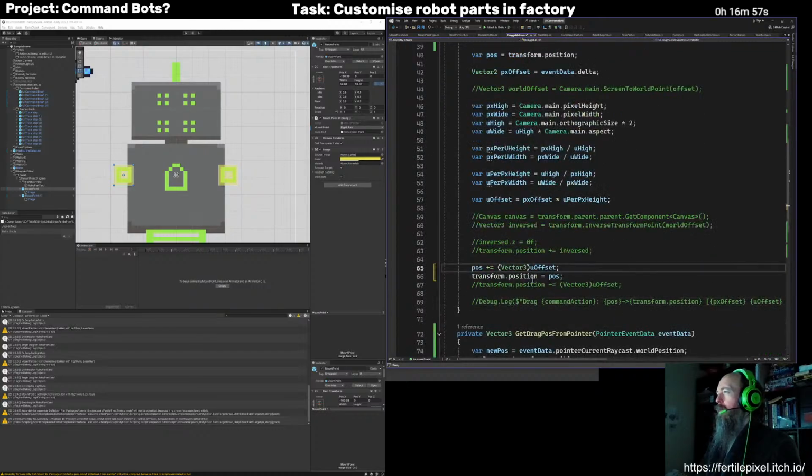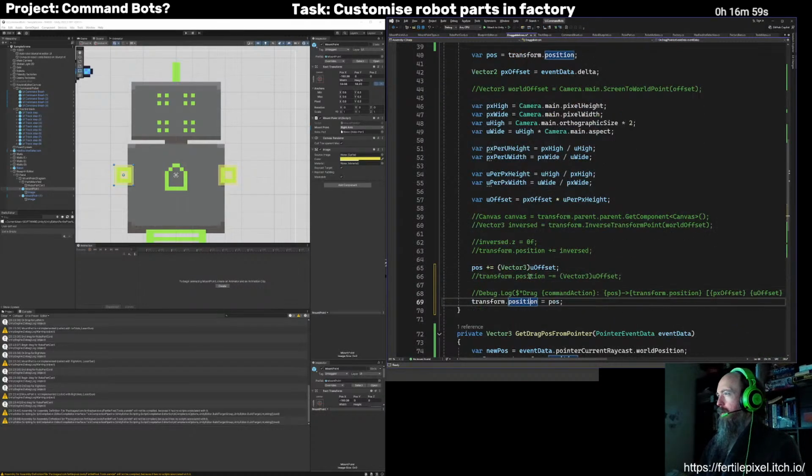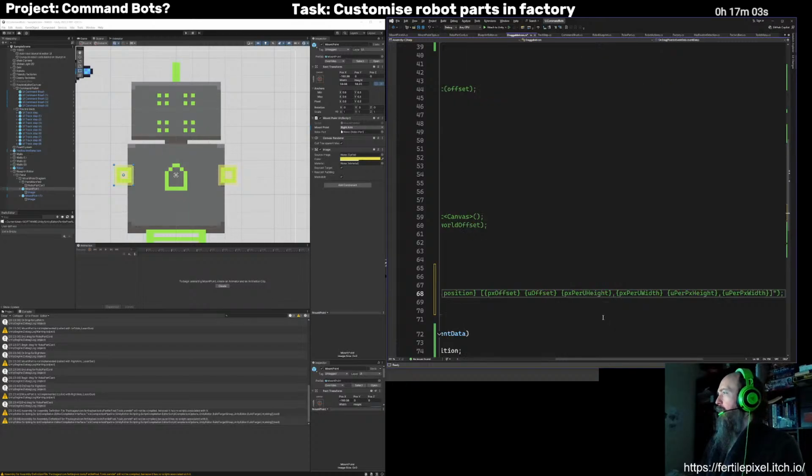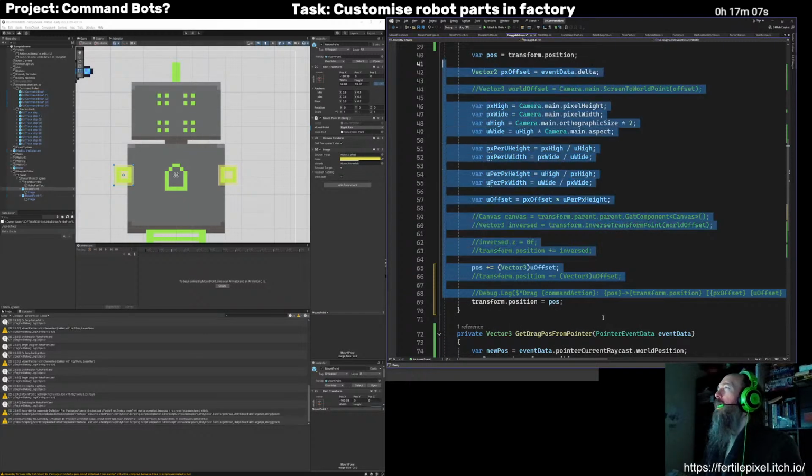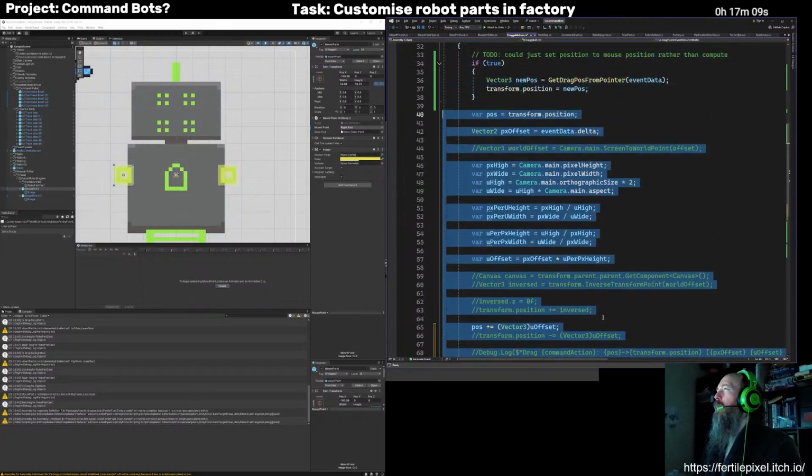But now I can do essentially the same thing. I'll just move that down below there. I think that's all some stuff I was using for debugging this. So now I can just pull all of this out. Delta. Yeah, so just using event data.